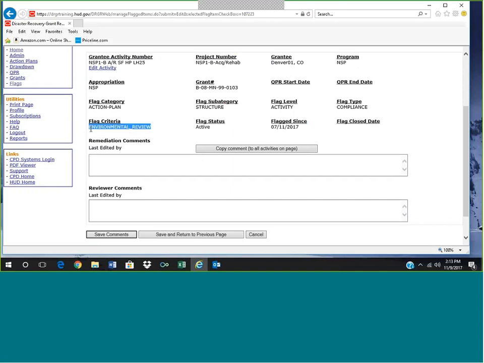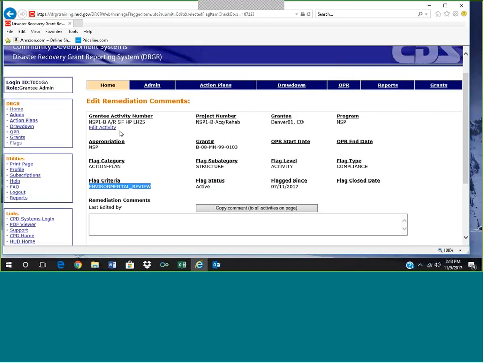So apparently the environmental status probably hasn't been completed in the system, and so that's why we've got this flag. To fix the environmental status, we do that in our action plan. So we would have to go to the activity within the action plan and change the environmental review status within that activity. What's great about this flag function and what I love so much is that all I have to